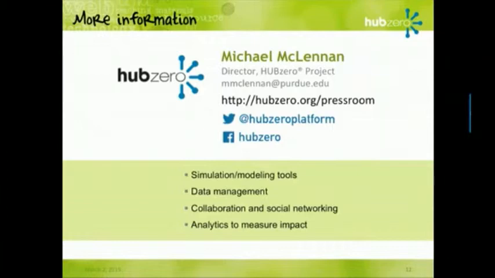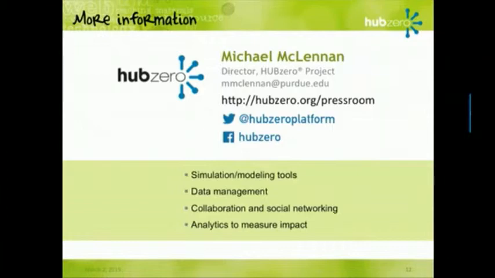Yeah? You provide the software, but what about the hosting of the hubs? Yeah, the question is about the hosting. So we actually do all of that. We provide, for example, the software stack, and some people take it and set up a hub at their local institution, Washington State University, University of Illinois, whatever. Some people do that. Some people say, look, I don't want to mess with it, you guys host it for me. So we also offer hosting services. We host about 25 hubs at Purdue for lots of different people, for SUNY Buffalo, for NIH, EPA, all kinds of different agencies, and of course Purdue.